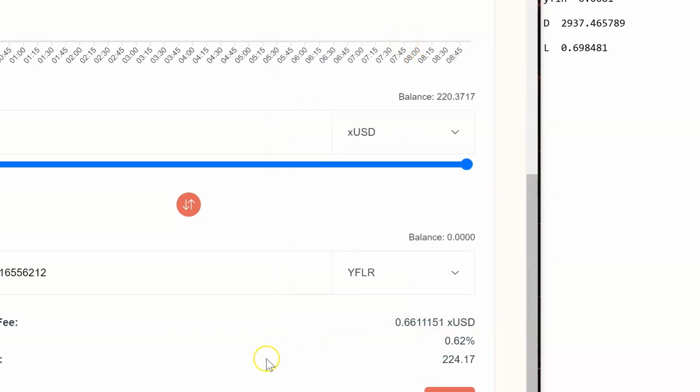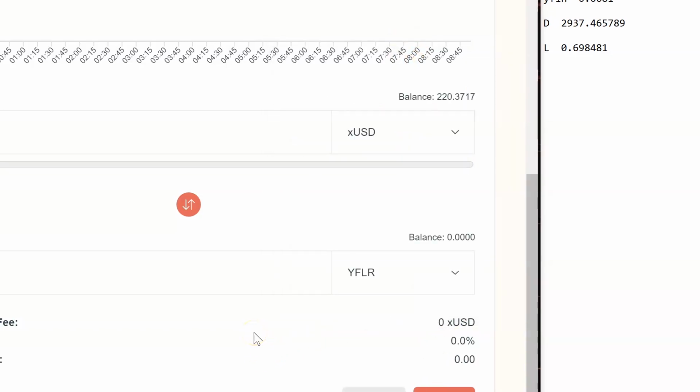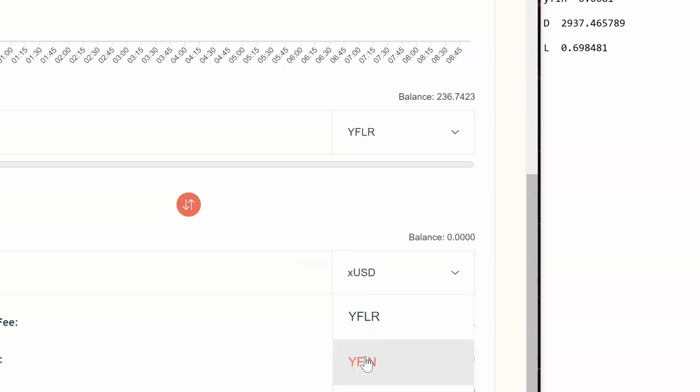I think BitTrue also, I can't even speak right now. BitTrue and Nexo offer being able to borrow against your assets. I don't know how well BitTrue does it, but I have seen that feature. I know Nexo does it, where you can put your XRP, your Y-Flare, your Link. They don't have ADA on there yet, I don't believe.